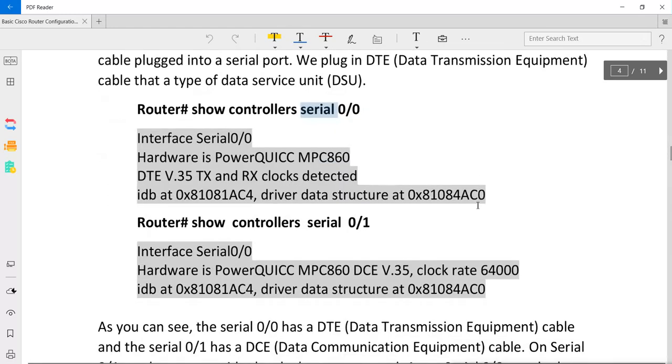So if we want to see that information, we can use this show controller command. Show controller and then the serial interface, whether 0/0 or 0/1, and it will show you information about the serial controller.